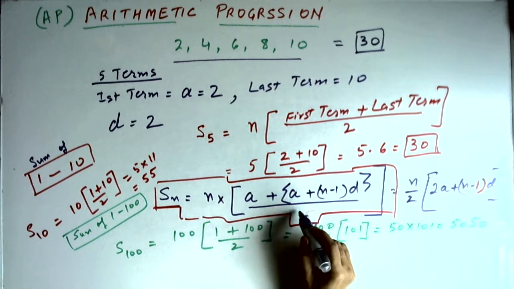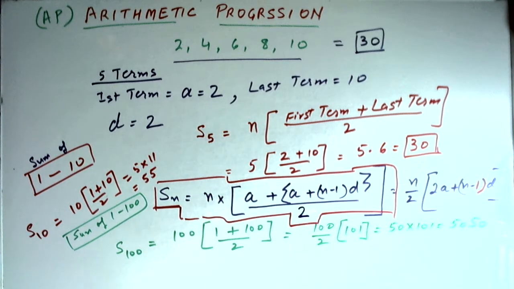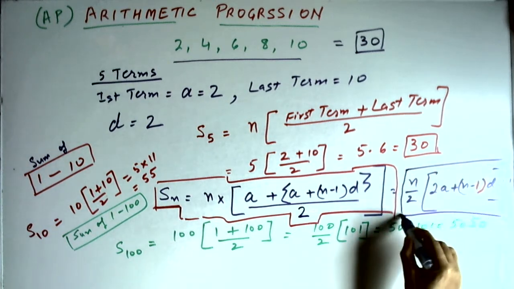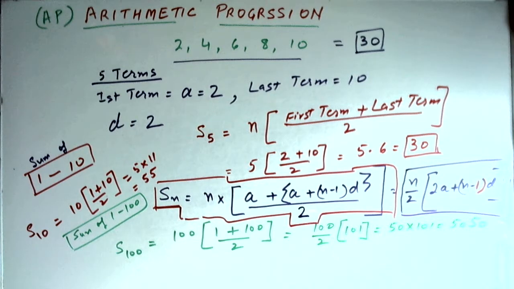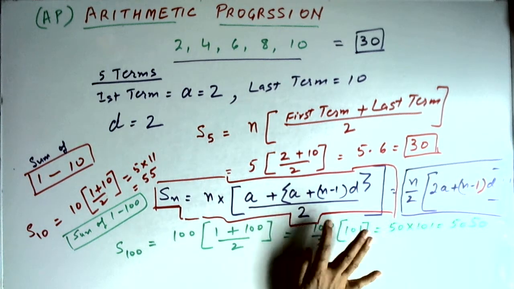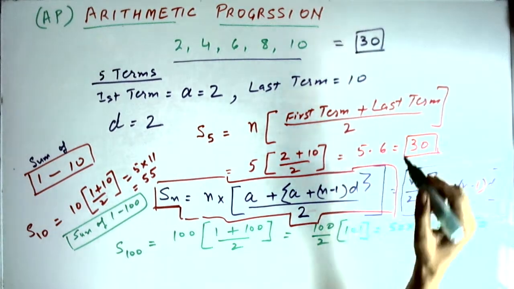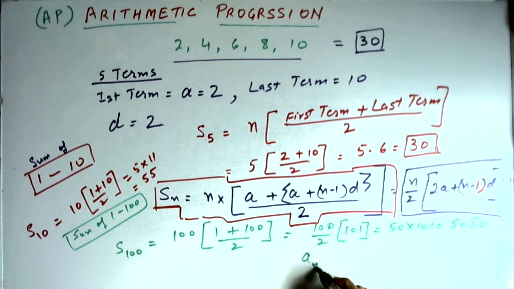So let me rewrite it here. Or we can use this way. Okay, so this is the formula. This is a very important formula, because there are only two formulas in this chapter. Both are very important. One, how to find the nth term, and the nth term is a plus n minus 1 into d. So the nth term